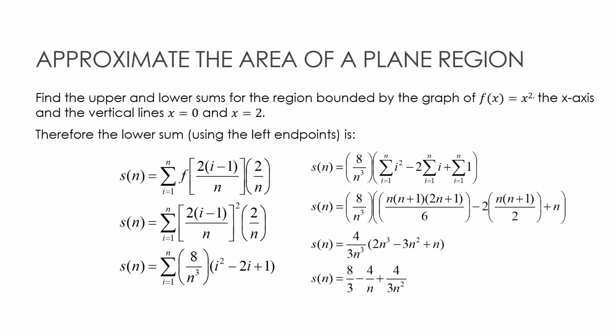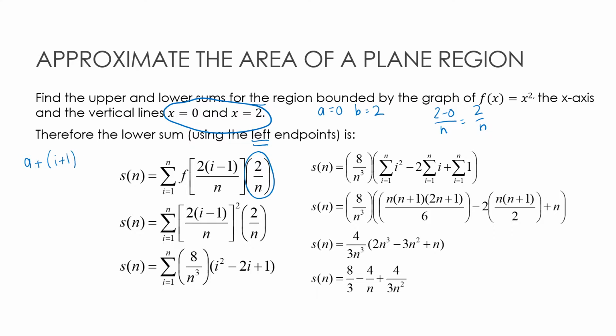So let's say I have a region bound by the graph of f of x equals x squared and the x-axis, and the vertical lines 0 and 2. So again, I'm going from 0 to 2, which means a is 0, b is 2. The width of each of my areas is 2 minus 0 over n, or 2 over n, and that's where this guy came from. And then using the left-hand endpoint, remember I said let's take a plus, and then it was i plus 1